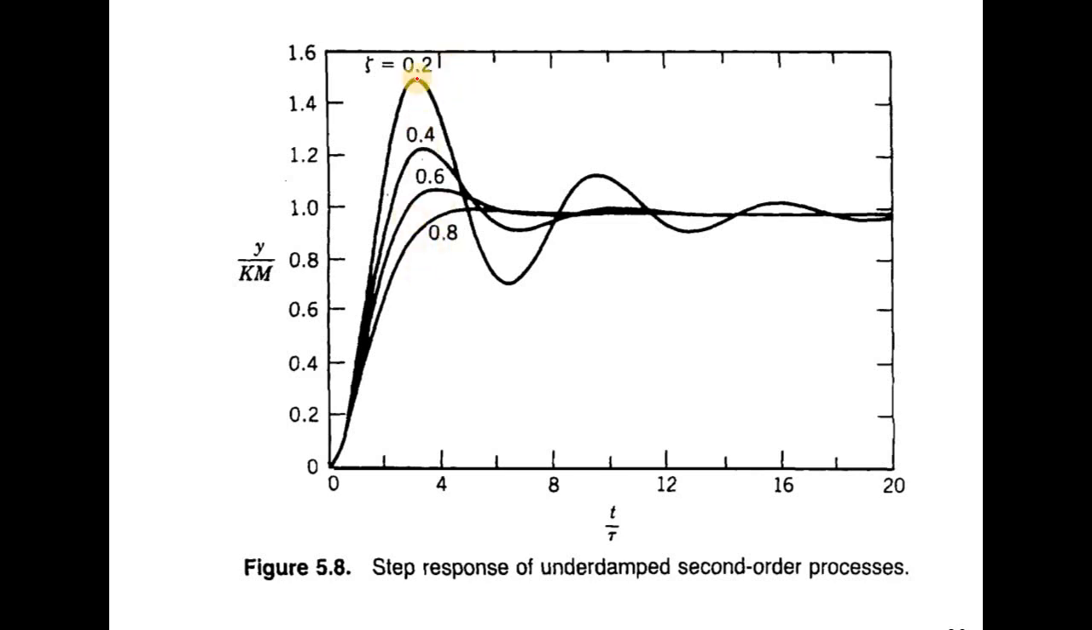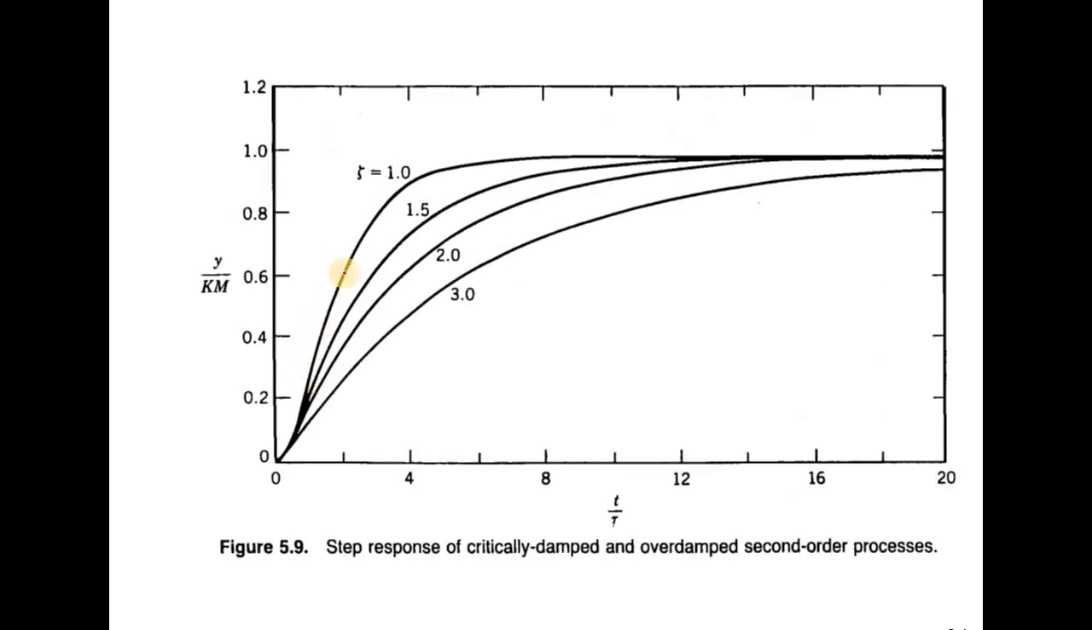And here, looking at the values of Xi, we already said that it is going to be oscillatory if it's between 0 and 1. Which means that the closer it goes to 0, the more oscillatory it will be, and that's why at 0.2 it is very oscillatory. It has a high overshoot here, and it's less oscillatory here. So it's less oscillatory as we approach 1. When we reach 1 here,